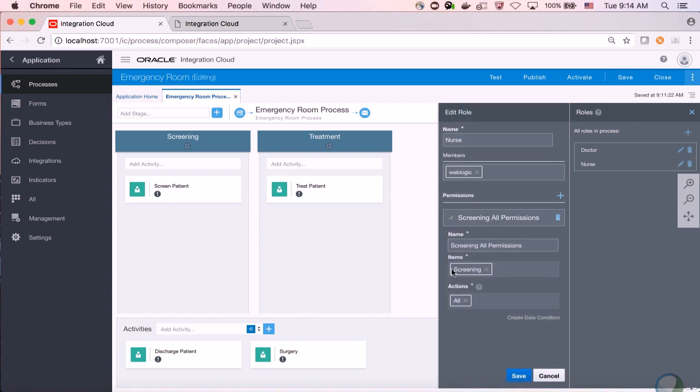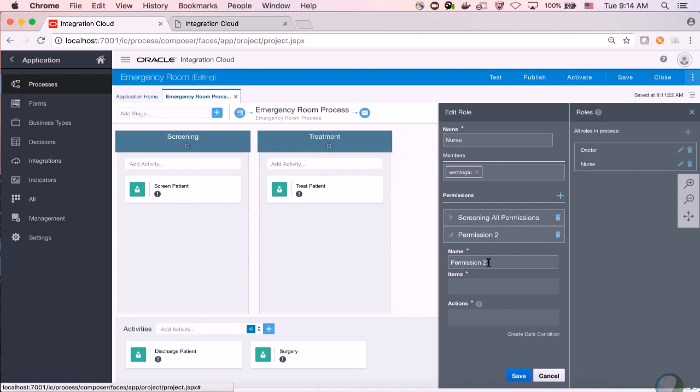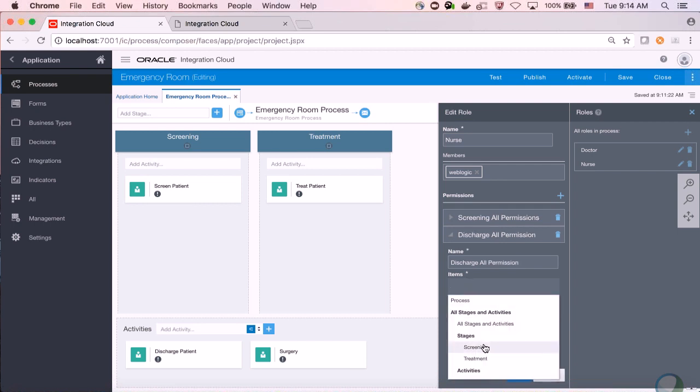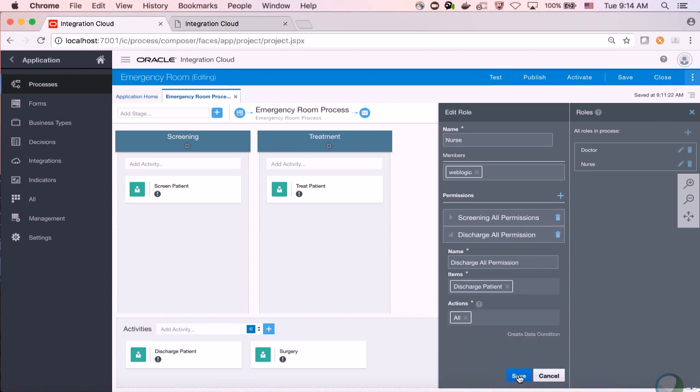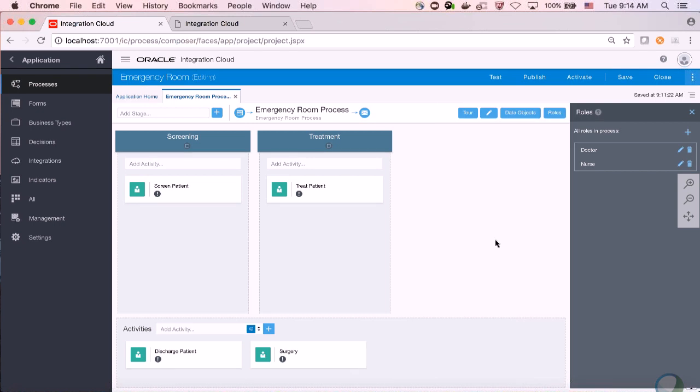And then the other thing is that I'm going to be creating a second permission. I'm going to be calling it discharge permission. In this case, I'm going to be selecting the discharge activity, and I'm going to be giving another nurse all permission. Okay. So this is how we can more granularly control the access to all these activities by multiple stakeholders via